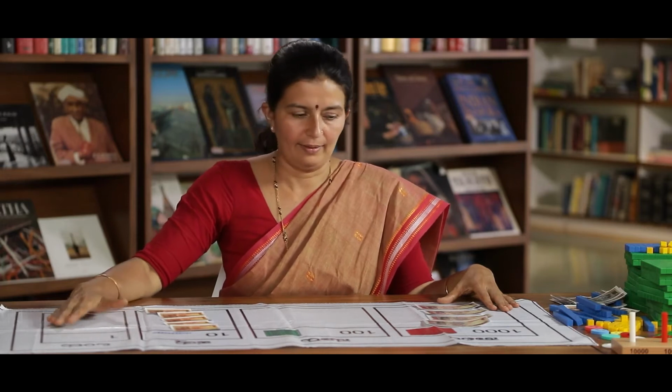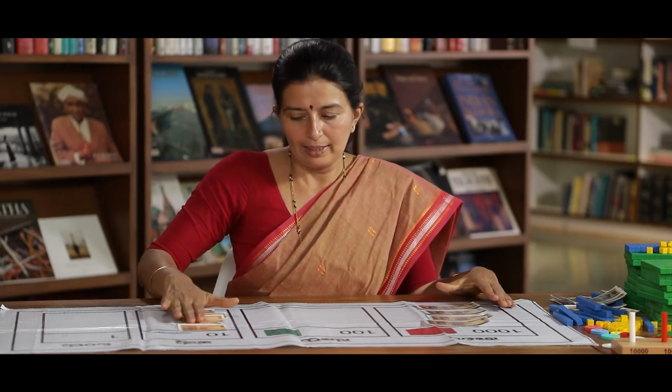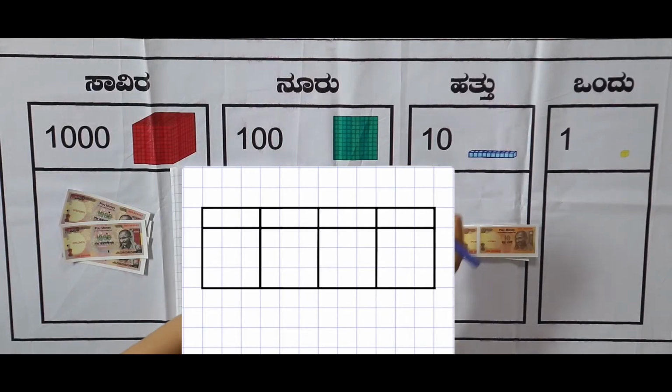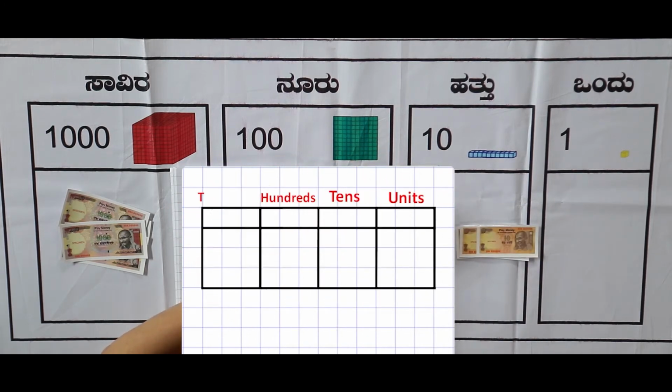Here we have 4 thousands. There are no hundreds. 5 tens are here. There are no units. It means 4050 are here, right? How do we write it in figures? Children may be confused initially, so keeping this, you may write. Let us keep it here. Don't forget writing the place value for the houses: units, tens, hundreds, and thousands.